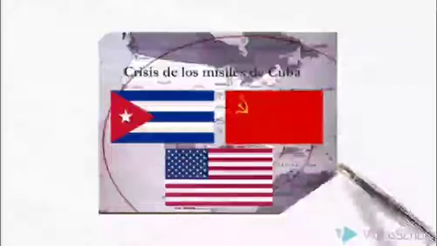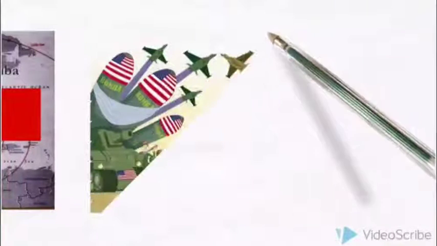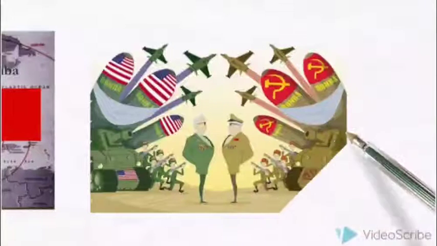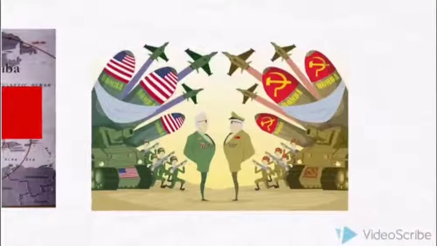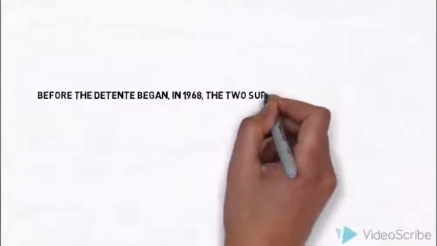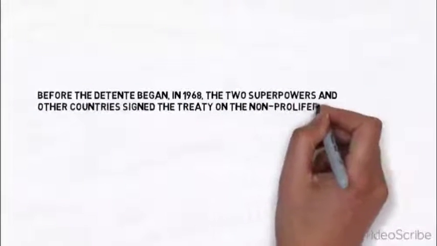arms race without restrictions. After the Cuban Missile Crisis, it was discovered how dangerous relations between the USSR and the United States were becoming. But besides, they were aware that the barriers of mutual control had been overcome, so that if they didn't do something about it, they could cause MAD, mutually assured destruction, in addition to a large scale nuclear war. Before the détente began, in 1968, the two superpowers and other countries signed the Treaty on the